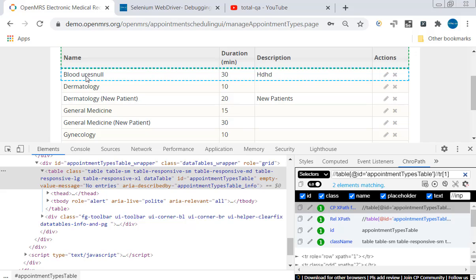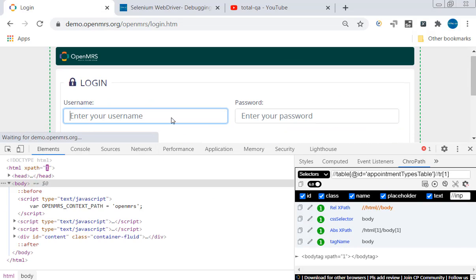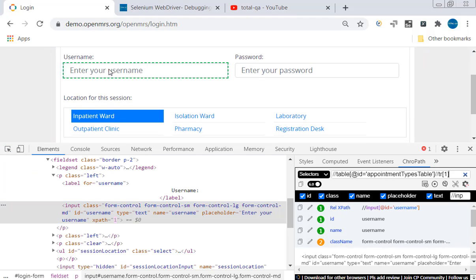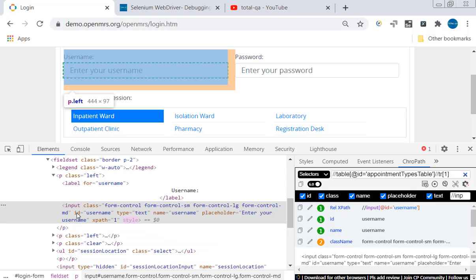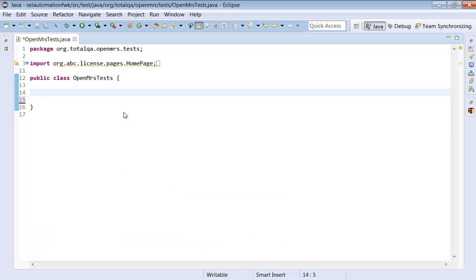Let me write the logic now. So let's log out from this application. Let's try to write some Selenium script here. Identify the username; the username ID is equal to username. Let's write some logic now. Public void validate table contents.